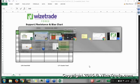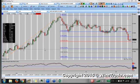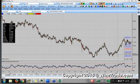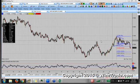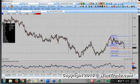Okay, resistance. You have to think about all the people that have been playing long the Aussie dollar. They're long and they're going, oh shoot, I've been playing this flag pattern. I thought it was a flag or a pennant, and of course you're long and you just don't want to give up on it. It's not working out for you, but it's okay. You still got that chance. So now where does anybody who's long, where do they want out, right? Well, remember,